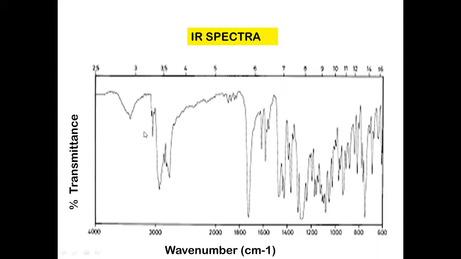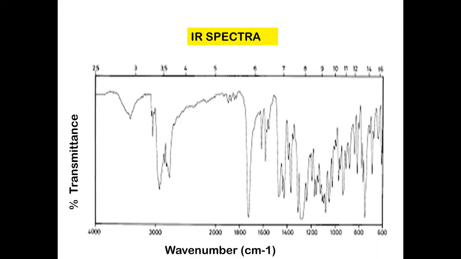So have you noted this first difference in UV and IR spectra, that we are plotting a percent transmittance versus the wave number, and here your peaks look inverted. Apart from that, you can see that the spectra is very complex. Unlike UV, where barely you can see 2 to 3 peaks, in IR you can note that there are numerous peaks present, and as you go down this side, the complexity of the spectra increases.